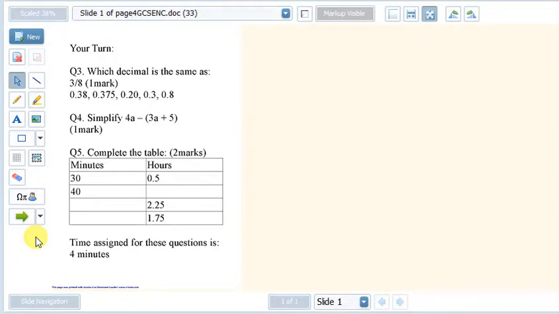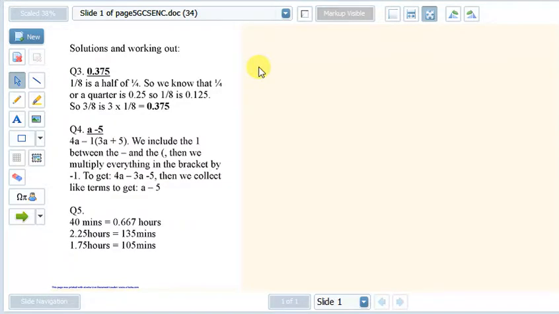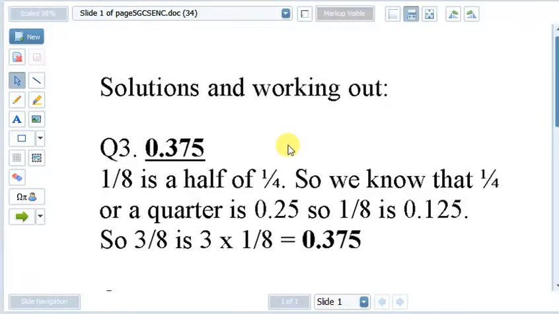Okay, so question 3. And question 3 was, which decimal is the same as 3/8? Now, most of us know that 1/8 is a half of 1/4. So we know that a quarter is 0.25 written as a decimal. So if 1/8 is a half of a quarter, then 1/8 would be